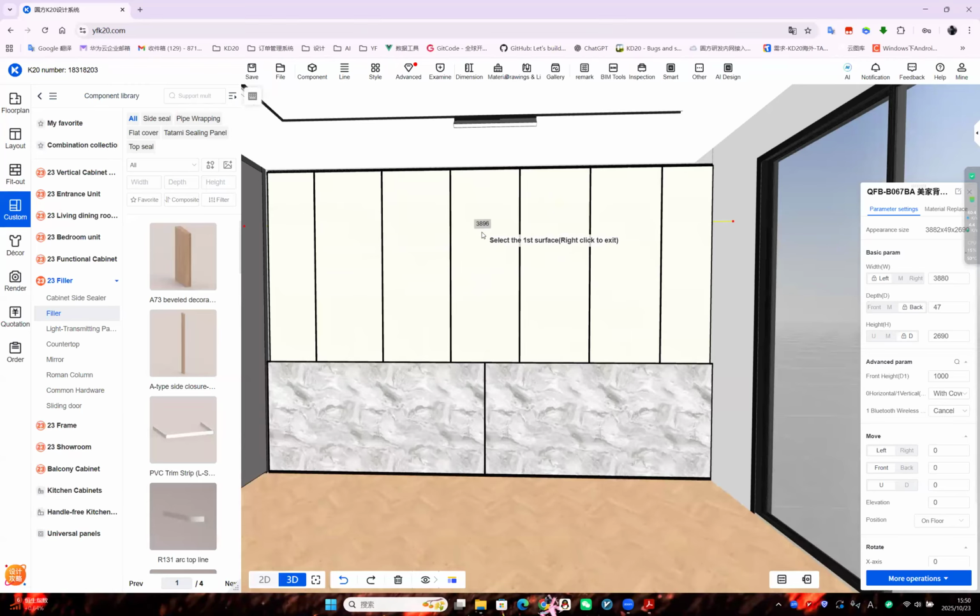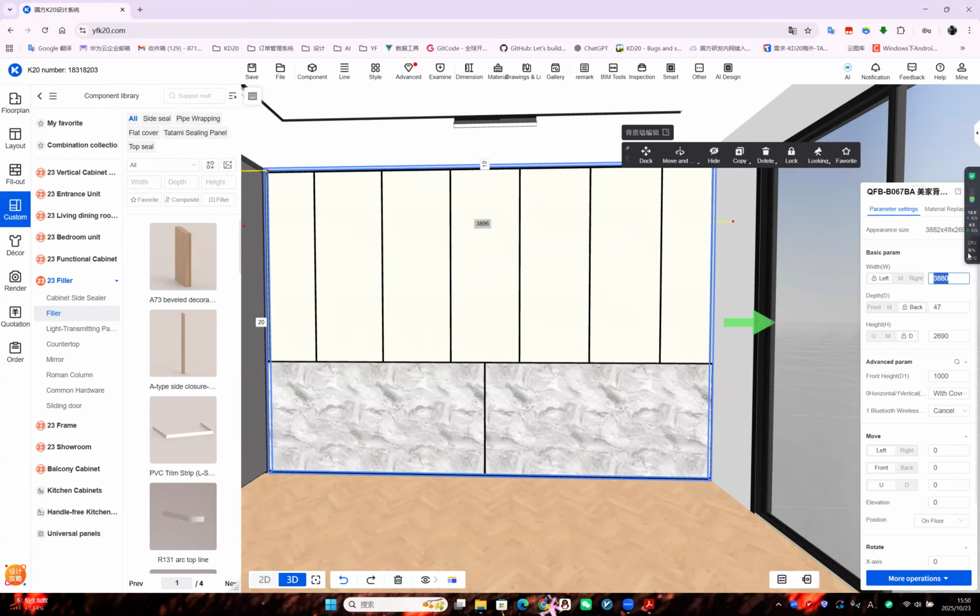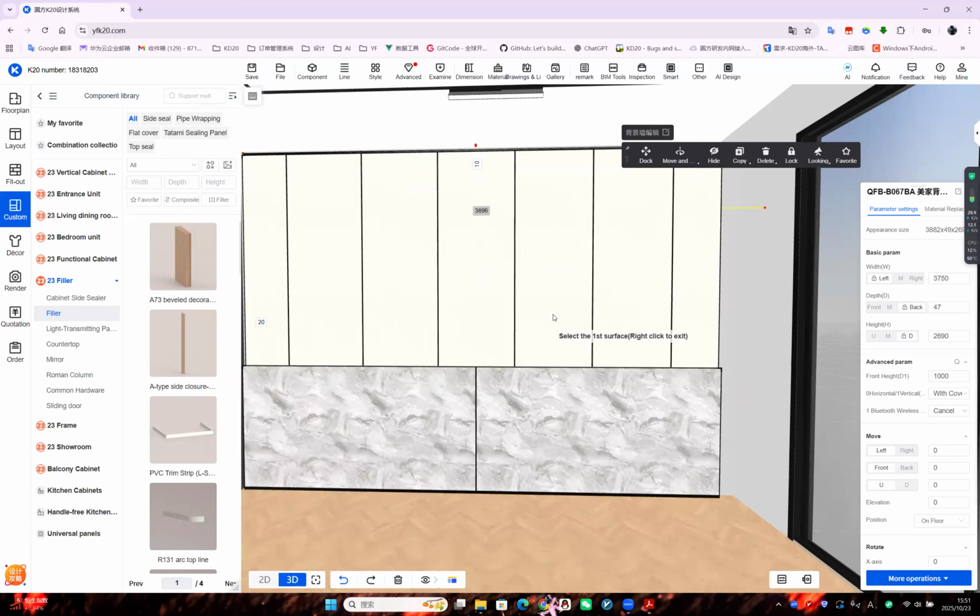Okay, we use this one to subtract 150. Should be 3750. We can use this value,